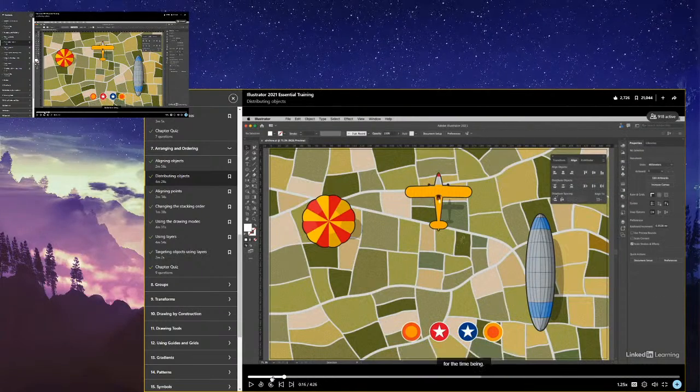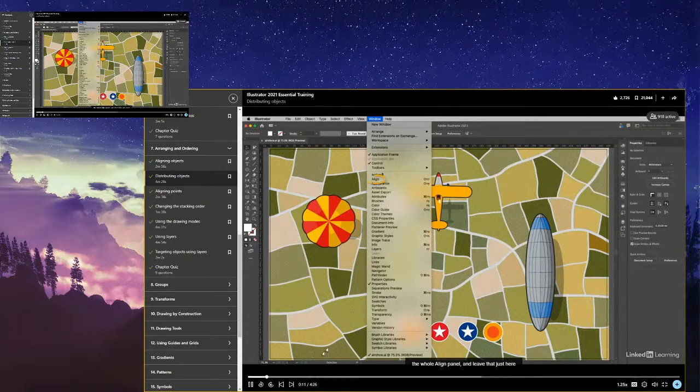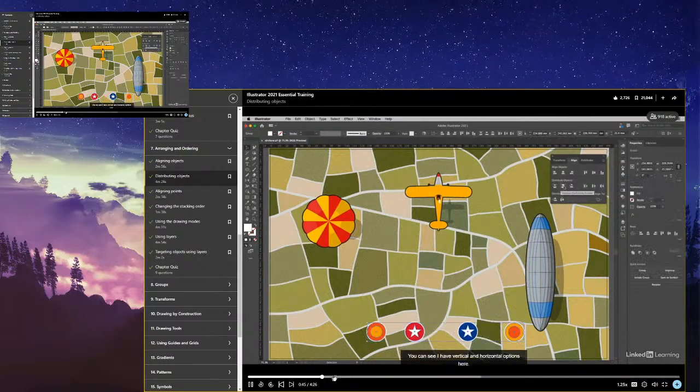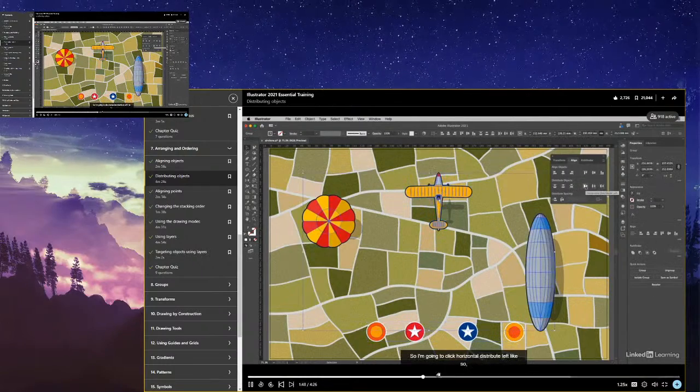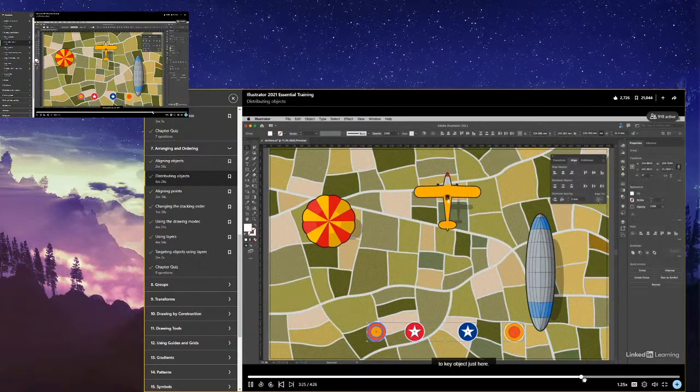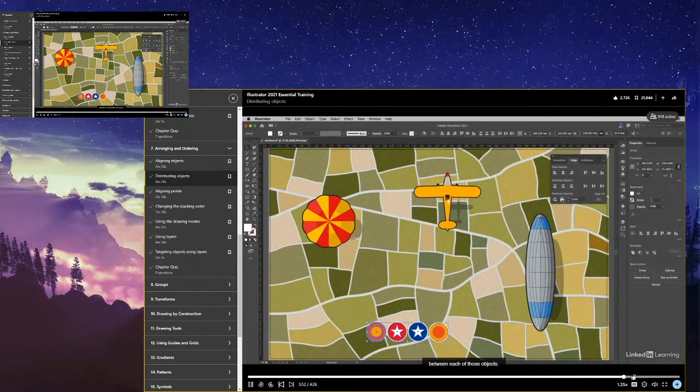For this, I'm going to bring out the whole align panel and leave that just here, just as distribute left. Go from rectangle into a key object, just this object. And let's say